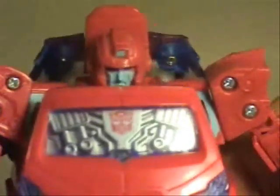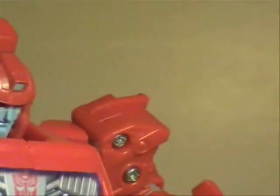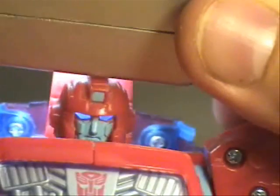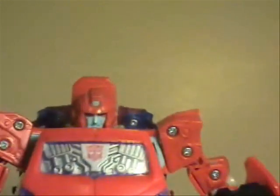Also, his face does have that all-spark blueness. Nice face. He does have light piping. Ooh, which you can't see. He does have light piping there, but I don't even know if I can show this off. So, yeah, there's light piping. Kind of cool. Overall, oh, and then also,